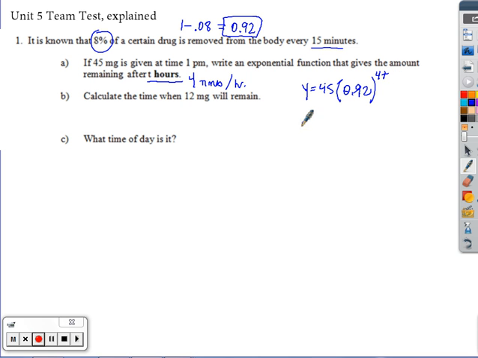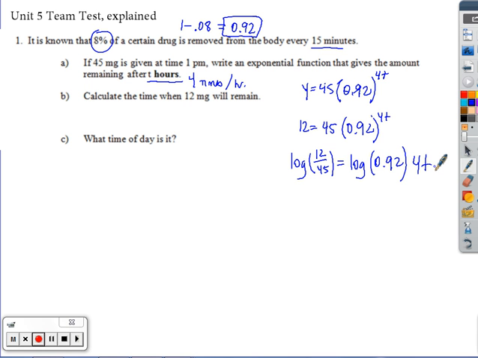So we let this equal 12, and we solve. So 12 equals 45 times 0.92 to the 4t. Okay, so you divide, and then you're going to end up taking the log of both sides. So the log of 12/45 equals the log of 0.92 to the 4t, because I can bring that down. Divide by the log of 0.92 and divide by 4. And I'm going to get t equal to, let me grab my calculator. T is going to be equal to